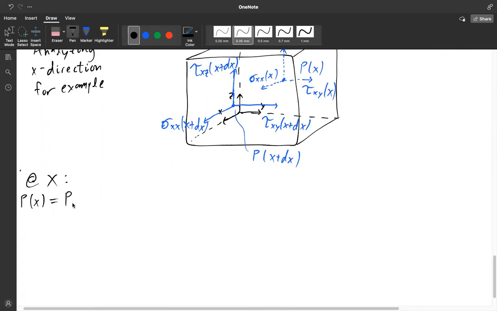Pressure times the velocity in the x direction times dy dz, because the pressure has units. This will give us a rate of energy with respect to time, because pressure has units of